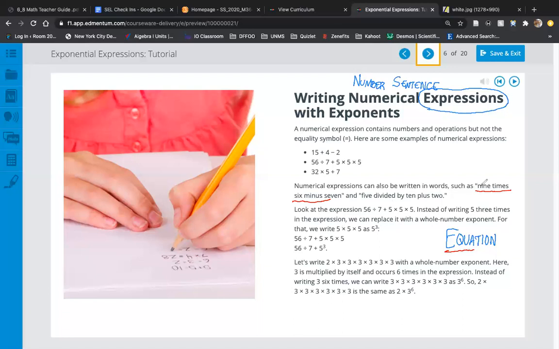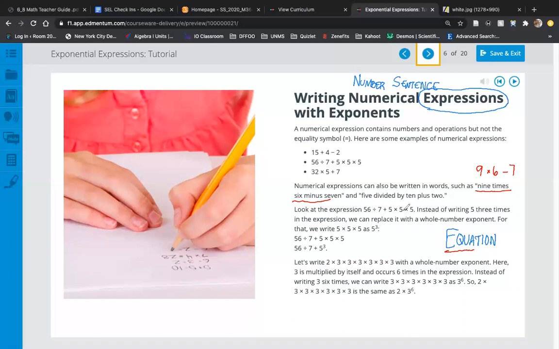I don't think that's what we're doing today though, right? But for this example, I would say, okay, so 9 times 6 minus 7. That's how I would rewrite this in words here using numbers, right? And they mean the same thing. So over here for this example, they're saying, look at the expression 56 divided by 7 plus 5 times 5